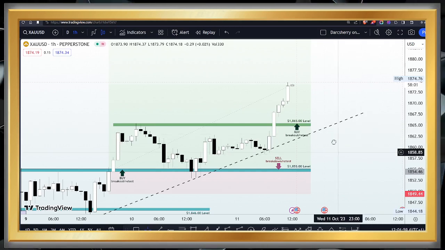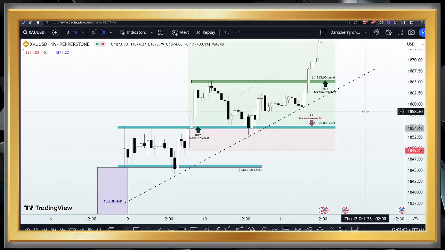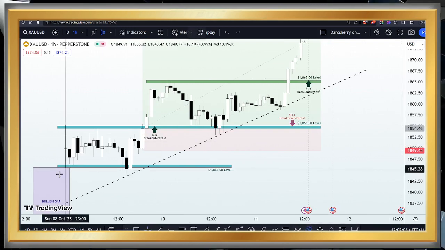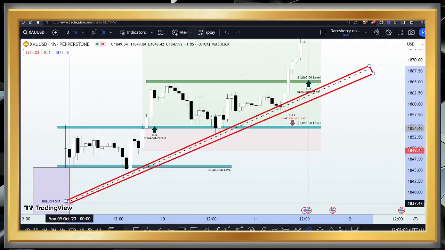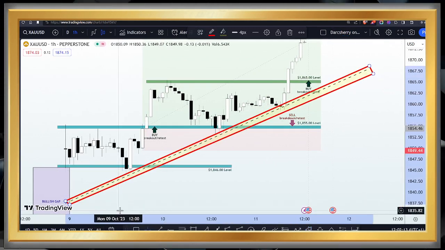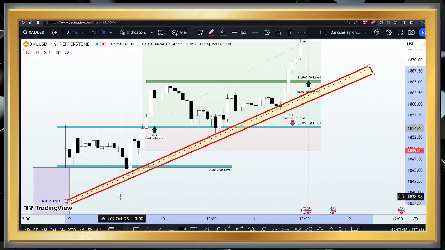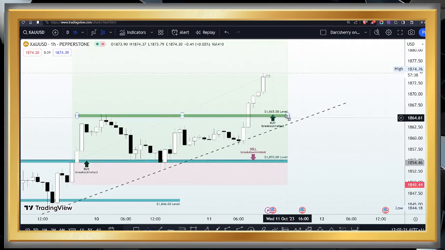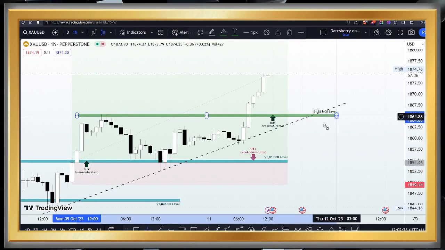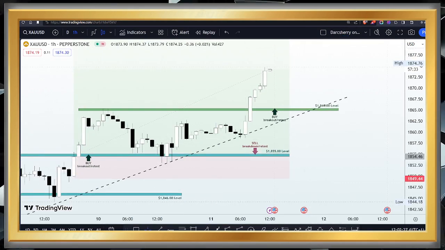Now, to guide our trading decisions for today, I was able to spot an ascending trend line, which we are going to be using to guide our trading decisions. And after connecting the series of higher lows since the beginning of this week, we have this beautiful ascending trend line to work with. And what this simply means here is that as long as price remains above this ascending trend line, we shall feel comfortable in our buy positions for today's trading session. Now, for those who had missed out on this opportunity, well, let's see if the market will be giving us another chance to be part of this uptrend scenario.